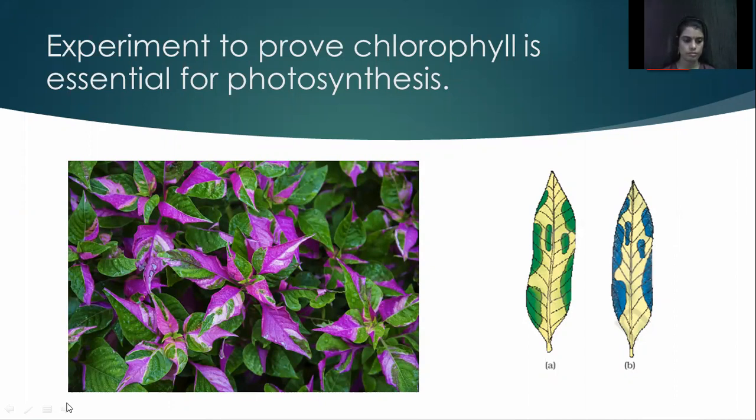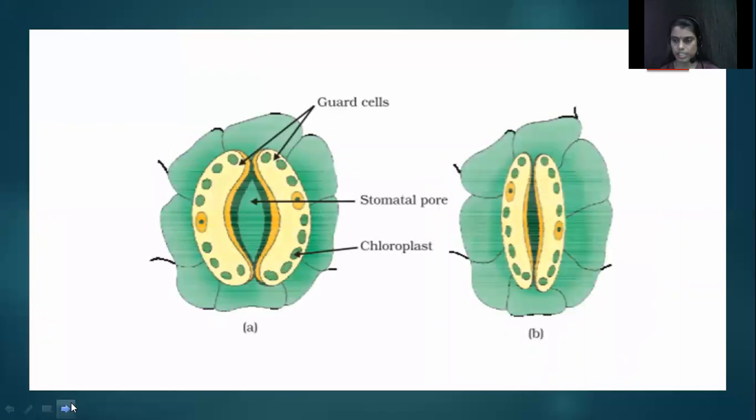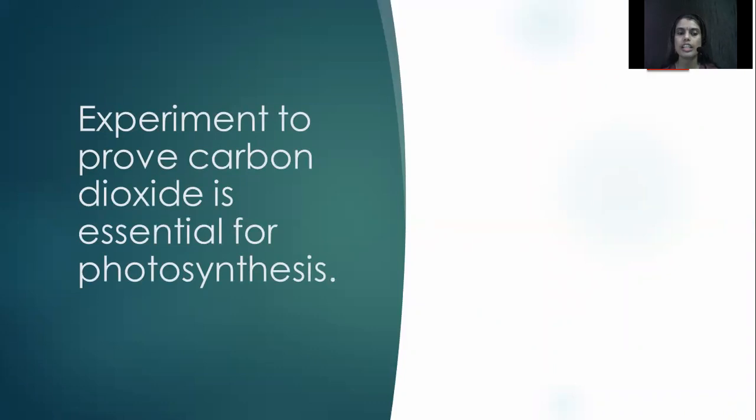Carbon dioxide is required for photosynthesis. Can you observe this image? These are the guard cells. What is the use of guard cells? They take in gases and exchange the gases. They are useful for the exchange of gases. They take in carbon dioxide and release oxygen into the atmosphere. These stomatal openings are present on a leaf. Got it? Now, here we will be conducting an experiment to prove that carbon dioxide is also necessary for